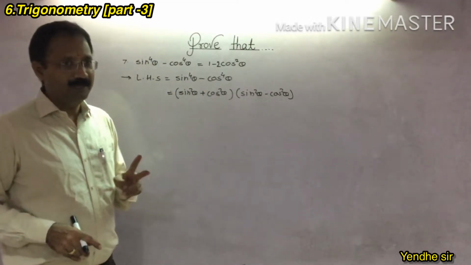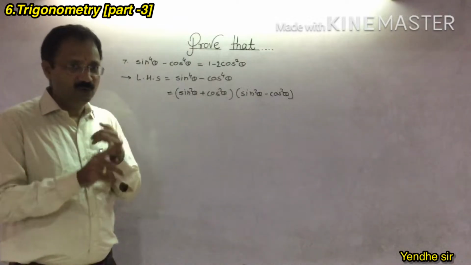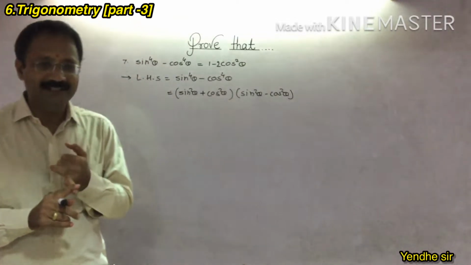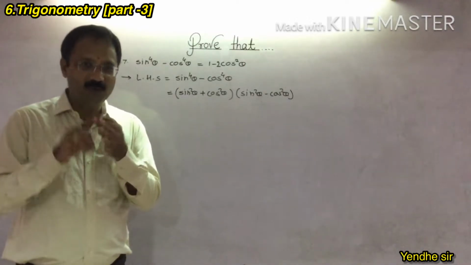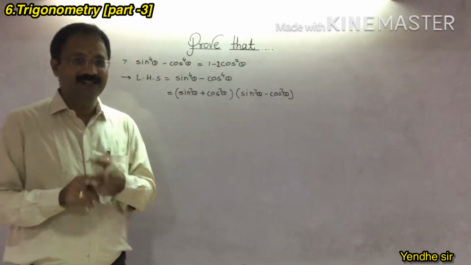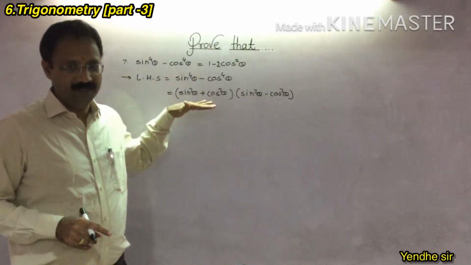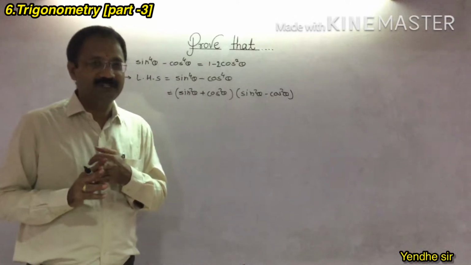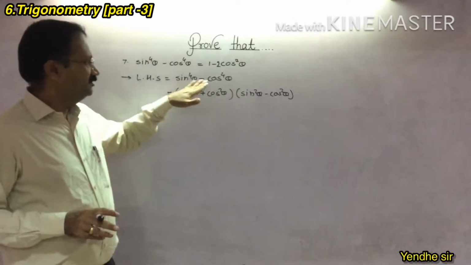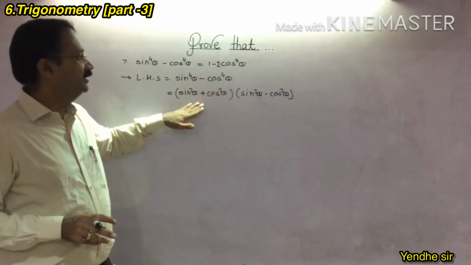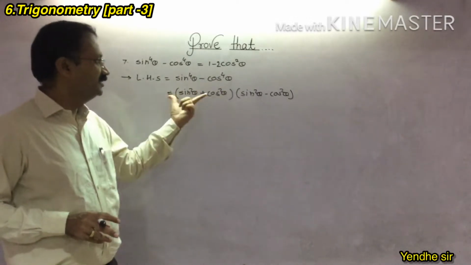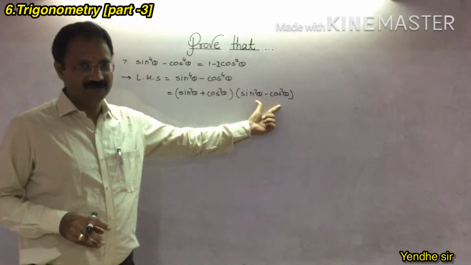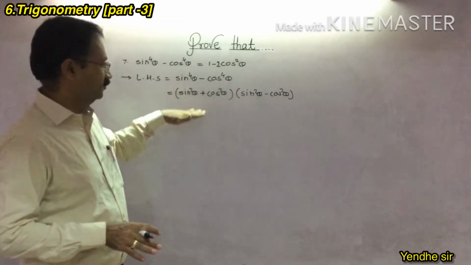Second rule, write the formula. There is no sin, no tan theta, no cot theta, no cosec theta, no sec theta. Therefore, I am not going to write the formula. Which is the next one? Yes, if the denominator is not same. Here there is no denominator. That's why I have factorized this sin square theta plus cos square theta, sin square theta minus cos square theta, because it doesn't follow the rules.